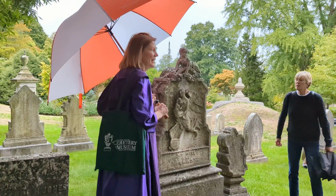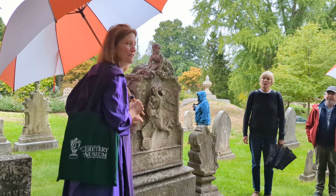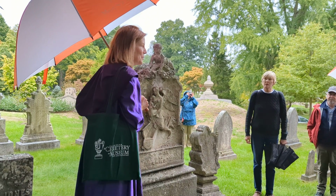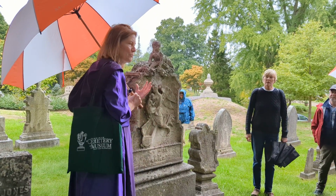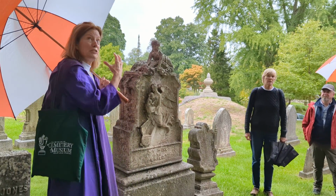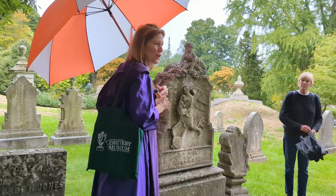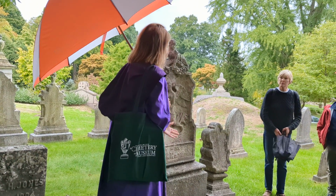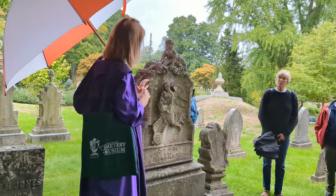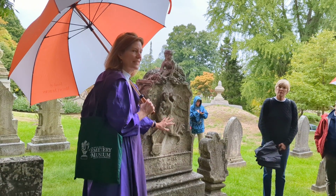So Mount Auburn is a landscape of art and nature in balance, and this is a really good example of the lichen on the 19th century Victorian marble memorials. The monument is washed periodically, but there's a microclimate here with this tree, so that the lichen comes back and then it's washed, and the lichen comes back and then it's washed. The reason we're starting with this is because angels are much more complex than you would